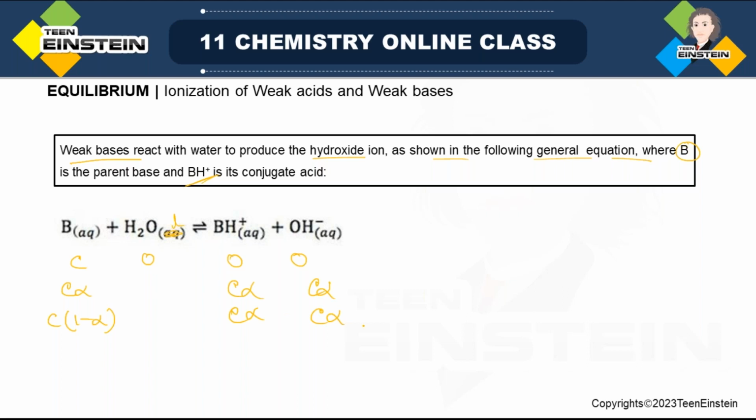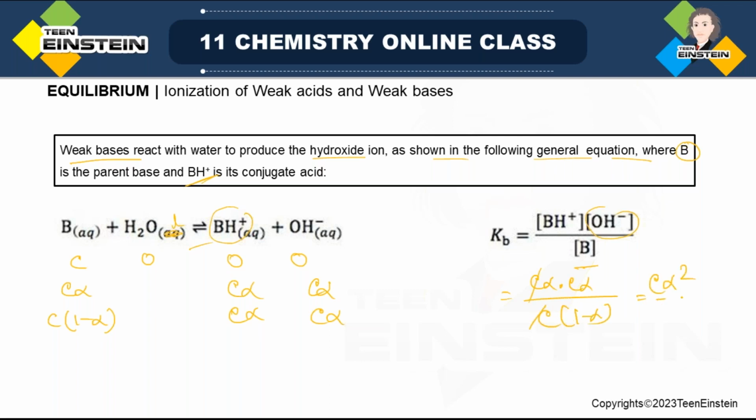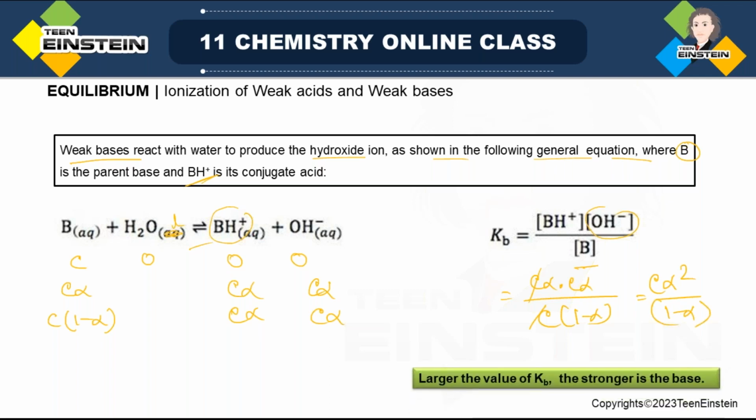So the same type of expression you will also get in this case, which is ionization of weak bases. But now we will use Kb, not Ka. So Kb is the concentration of BH plus, the conjugate acid, times the concentration of hydroxide ion, divided by the undissociated B, with H2O liquid neglected, right? So here we will put the same thing. What we are getting is C alpha square over 1 minus alpha. Now the same conclusion you can draw here, which is